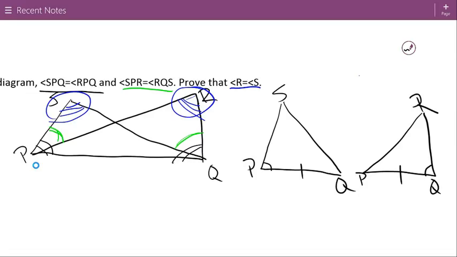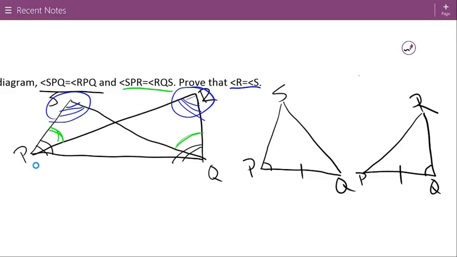So we're well on our way to either a side angle side or an angle side angle proof to show that these two triangles are congruent, because that's what we need to do. We need to show that the triangles themselves are congruent, because then if the triangles are congruent, any of the corresponding parts are also going to be congruent. And since we have P and Q, that same section in both of them, angles S and R would then be congruent parts, or I'm sorry,